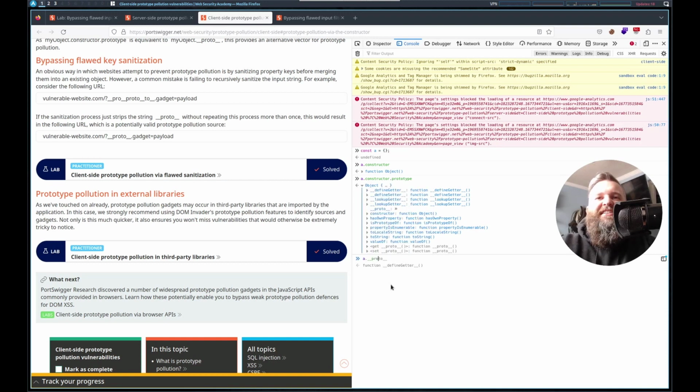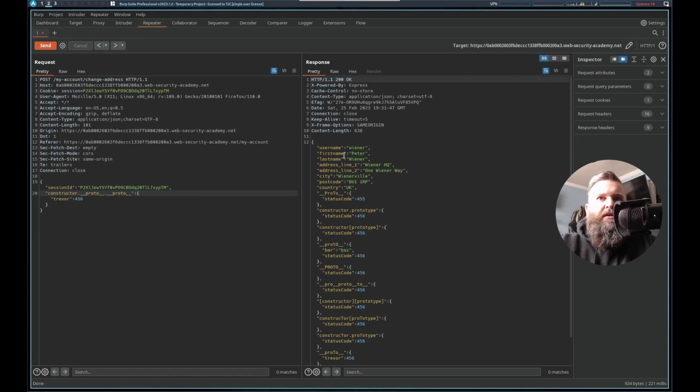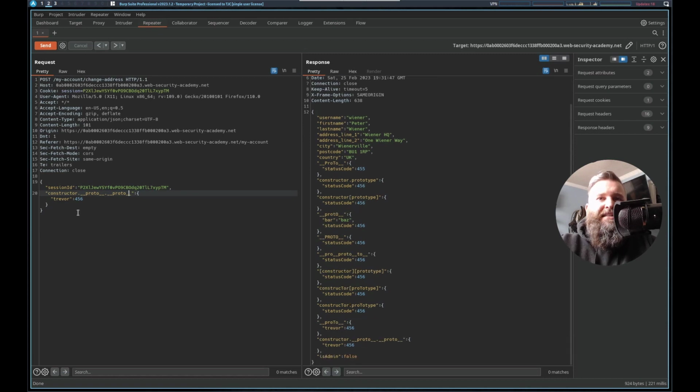A dot proto. That's the object. Dot constructor dot proto. We could try that. Constructor proto. Expect this to be blocked, right? It's not blocked, but it didn't add it. Again, we expect it to be